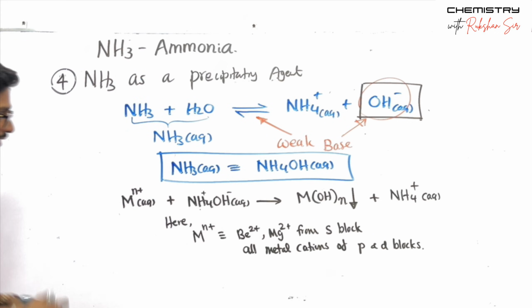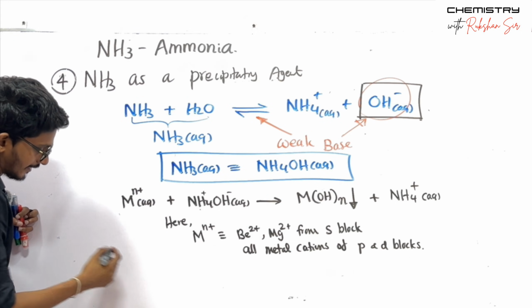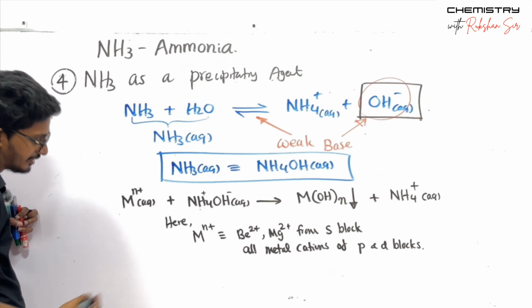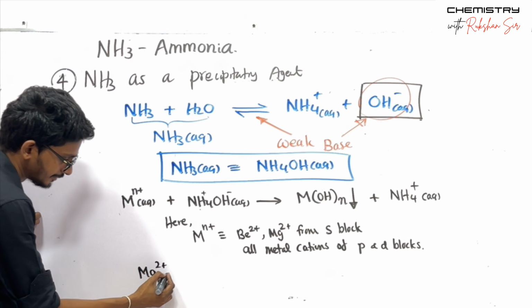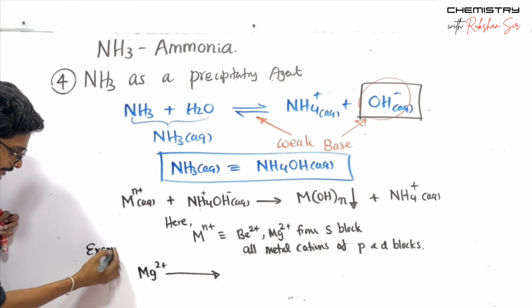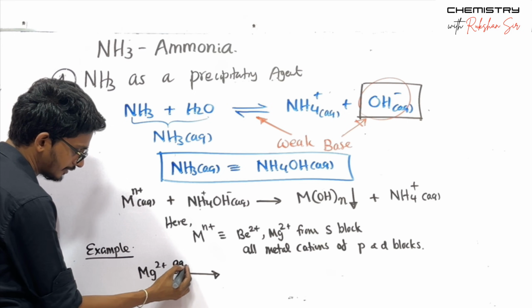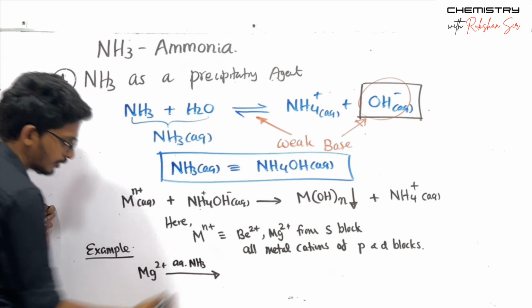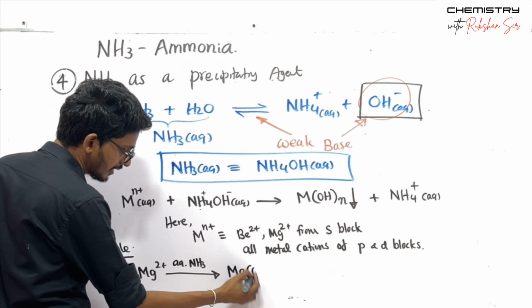So if they have asked you to come up with the balanced chemical equation for this, magnesium 2 plus, it's kind of an example, right? With aqueous ammonia, if you were asked to come up with the balanced chemical reaction for this thing,